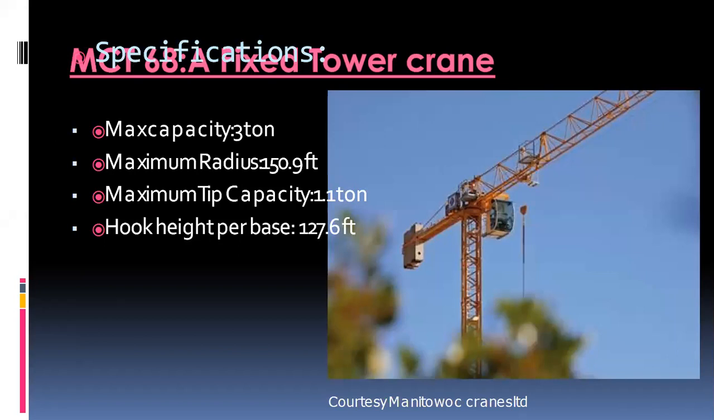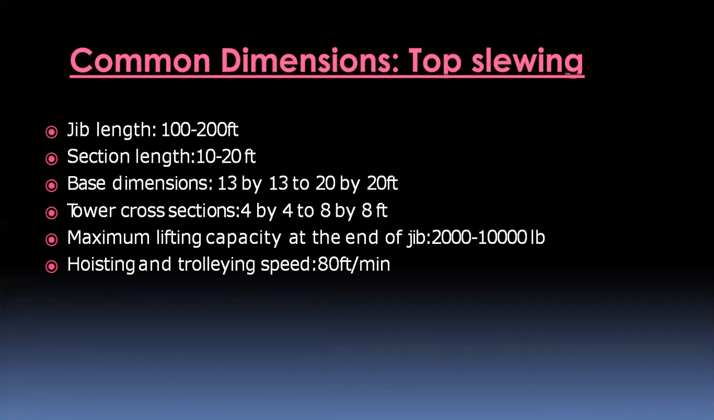The specifications of the fixed tower crane. The maximum capacity of these fixed tower cranes is 3 tons, and the maximum radius it can cover is 150 or 151 feet, with a maximum tip capacity of 1.1 ton. The hook height for the base is 127 feet. The common dimensions for the use of top slewing: